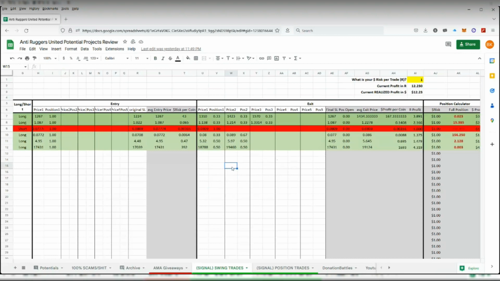So even though I have 1 BNB, I could go 100x, so I could buy 100 BNB worth of tokens. Doesn't mean I'm going to spend all 100 BNB on one trade, because you've got to think about it. Where's your stop loss? How far away is the stop loss? That's your risk. So let's get started. Let me go to Telegram.